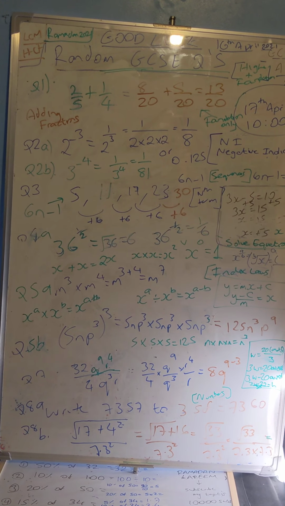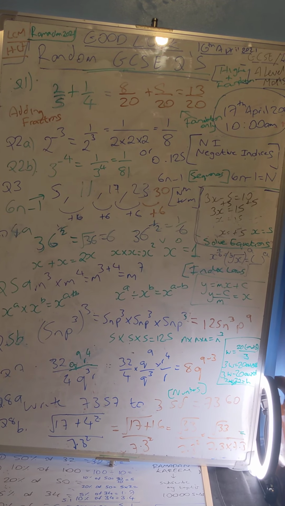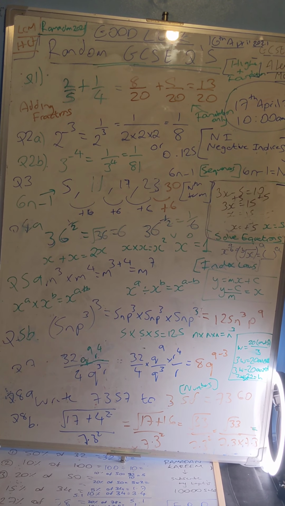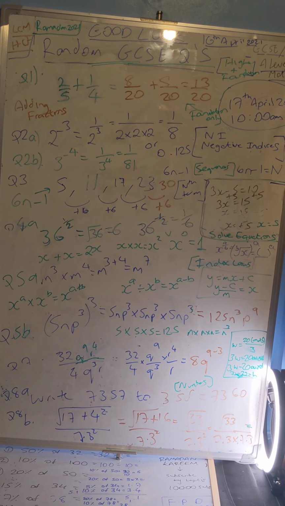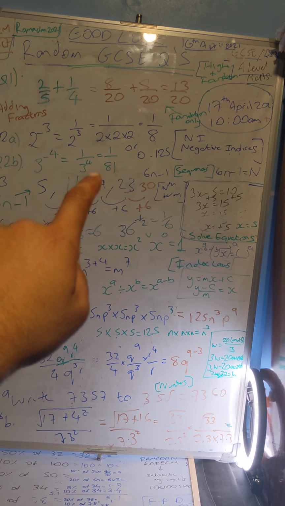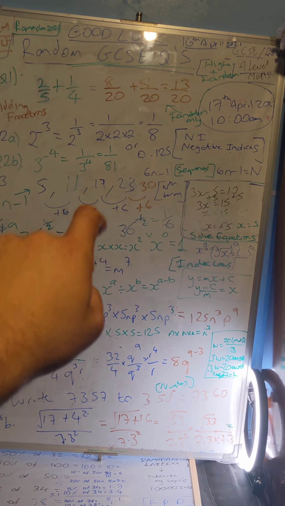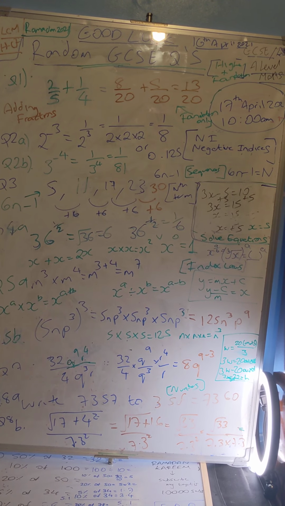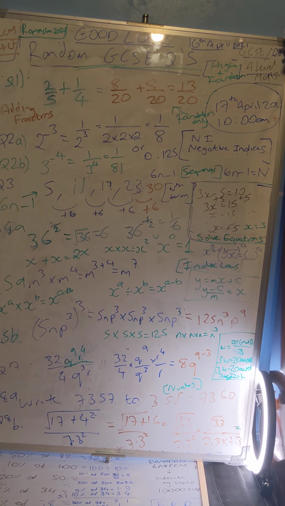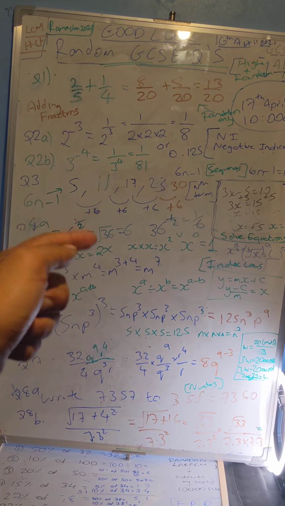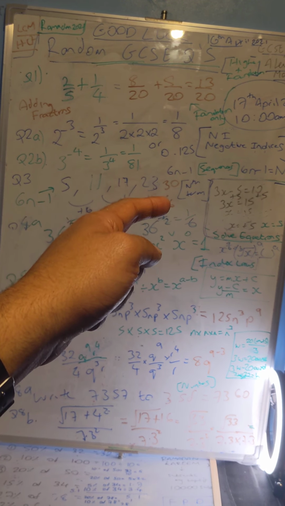Right, guys, question number 3 says looking at the nth term of this sequence: 5, 11, 17, 23, 29. So 5 to 11 I add 6, 11 to 17 I add 6, 17 add 6 is 23, 23 add 6 is 29. So it's going to be 6n, which is the 6 times table. So it's going to be 6, 12, 18, 24,